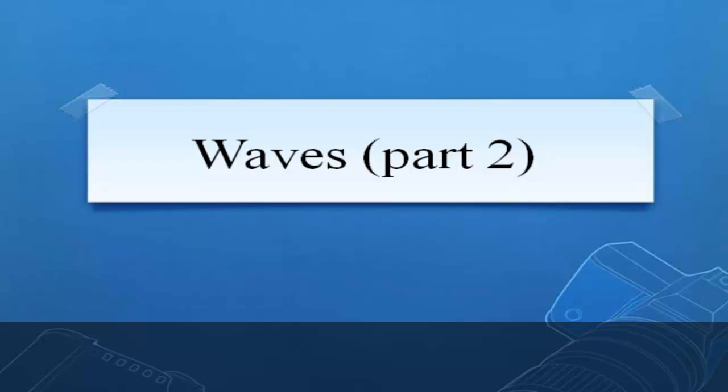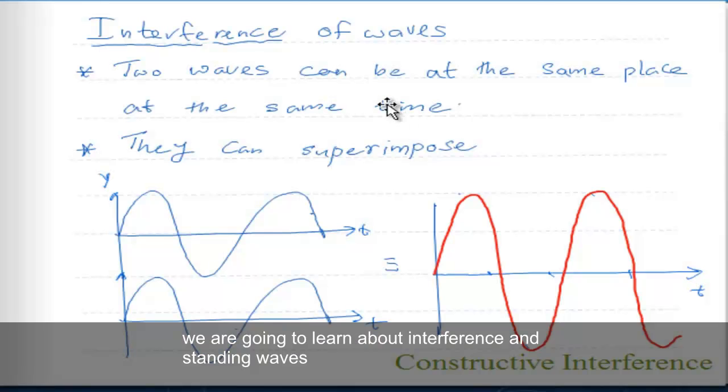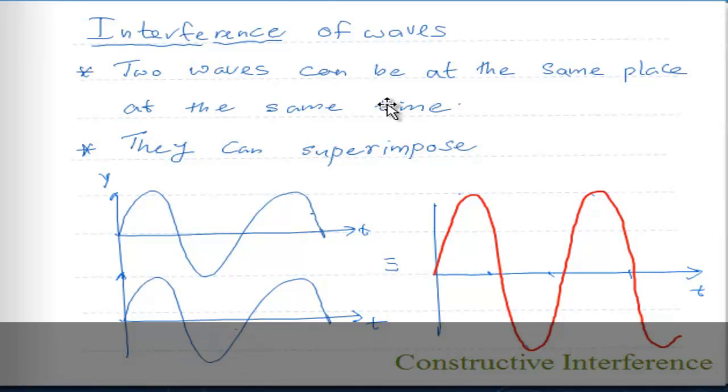This is the second part of our discussion about waves. In this part, we are going to learn about interference and standing waves. Interference of waves. Two waves can be at the same place at the same time, so they can superimpose and